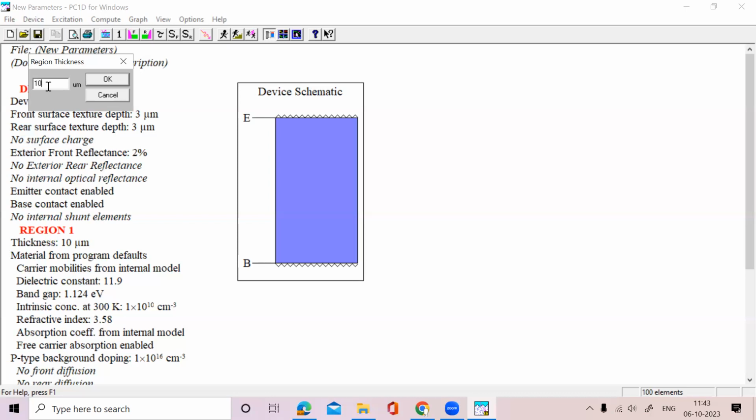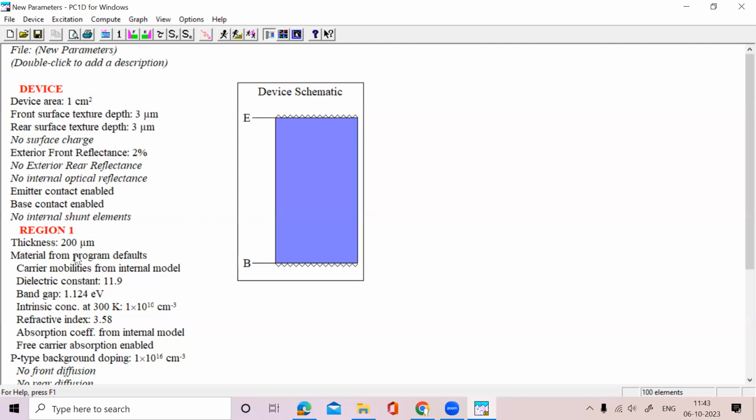So you can write 200 micron. Okay. If you want to design 10 micron, you can design it in PC1D. 10 micron, 20 micron, 30 micron, you can design. This is not a thing you can do in practice, but now we are doing it for a standard solar cell. Okay. So now